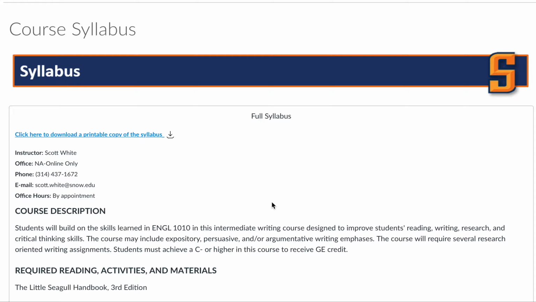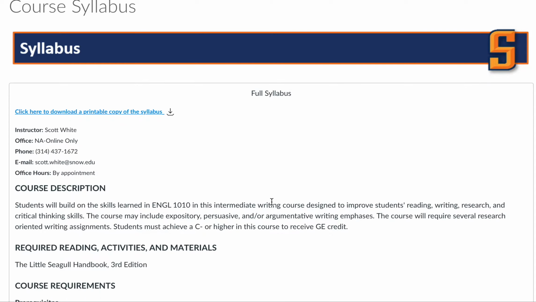The goal of our course this semester is that we're going to build on the skills learned in English 2010 in this course, so that you will be better readers, writers, researchers, and hopefully thinkers along with that, which means that we are going to be doing a lot of writing, specifically building toward a larger argumentative paper at the end of the semester. A whole bunch of small assignments, a couple medium-sized assignments, and then one large assignment at the very end.